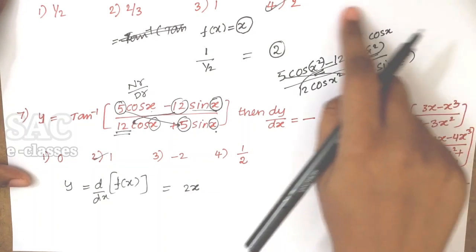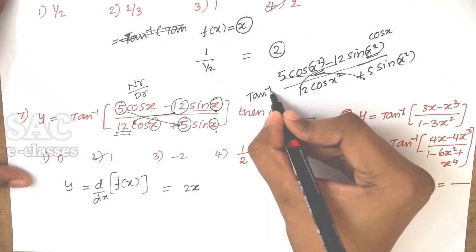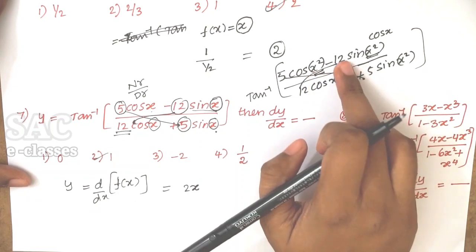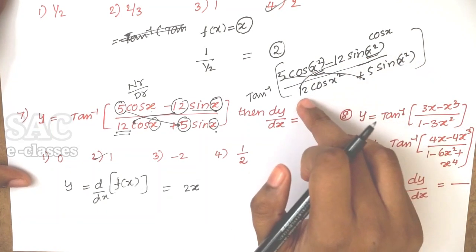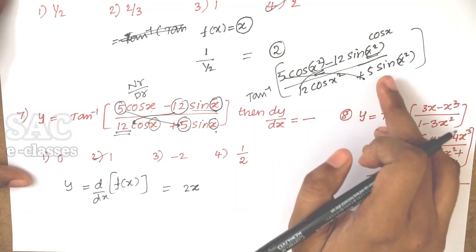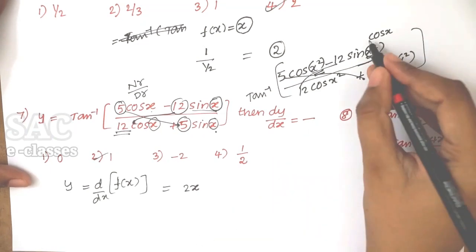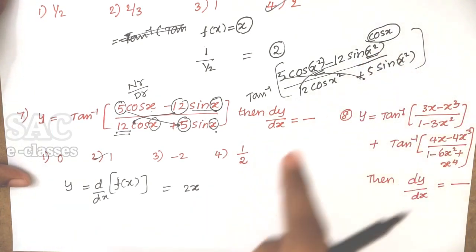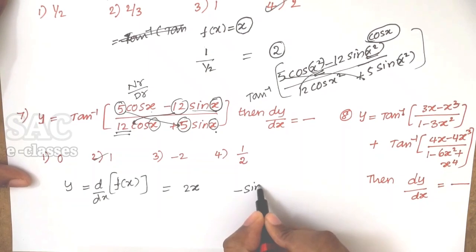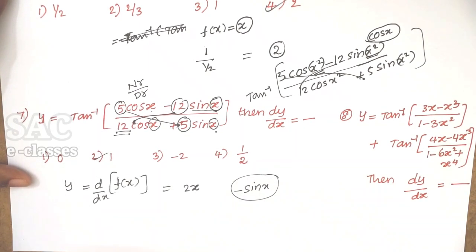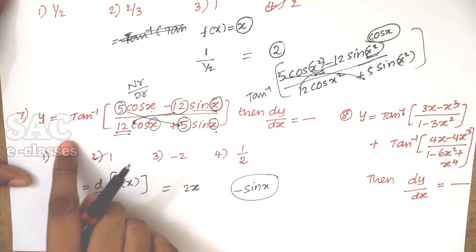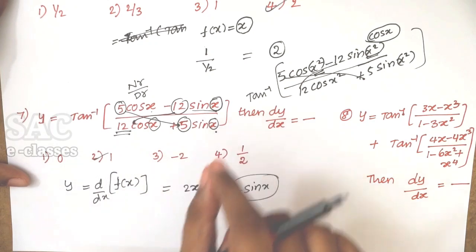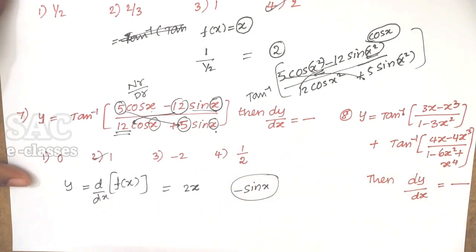Maybe in place of that there is cos x. Then what is the differentiation of this entire expression with respect to tan inverse? That is tan inverse of (5 cos of cos x minus 12 sin of cos x) by (12 cos of cos x plus 5 sin of cos x). So what is the function we should spot? It is cos x. What is the differentiation of cos x? That is the differentiation of the entire one, minus sin x. In the same way here also, without actually converting it into the form of tan, we can guess the differentiation, why and how.